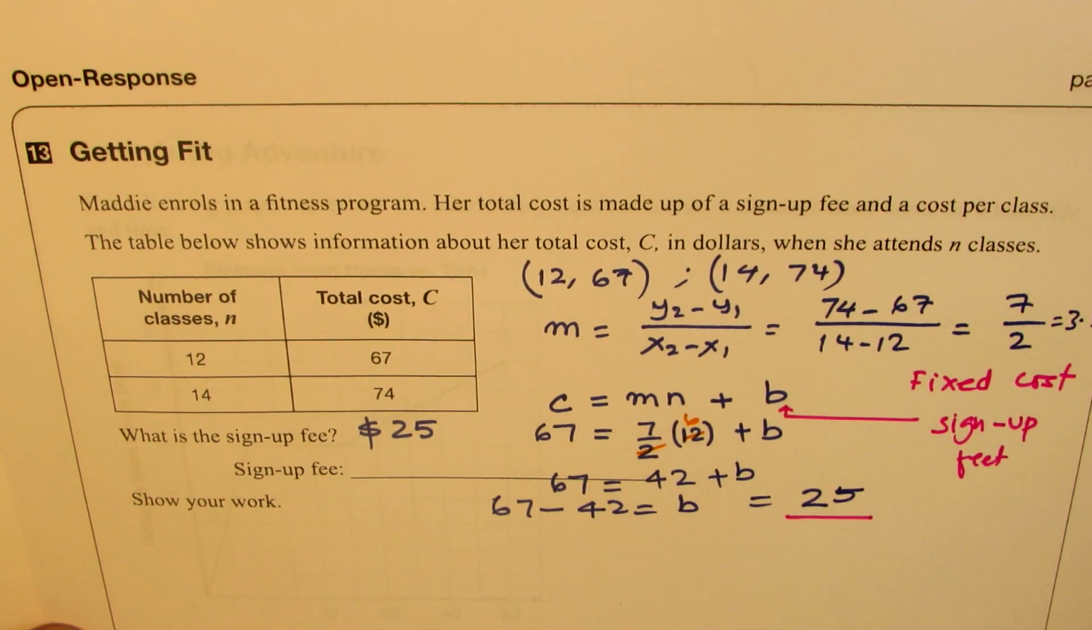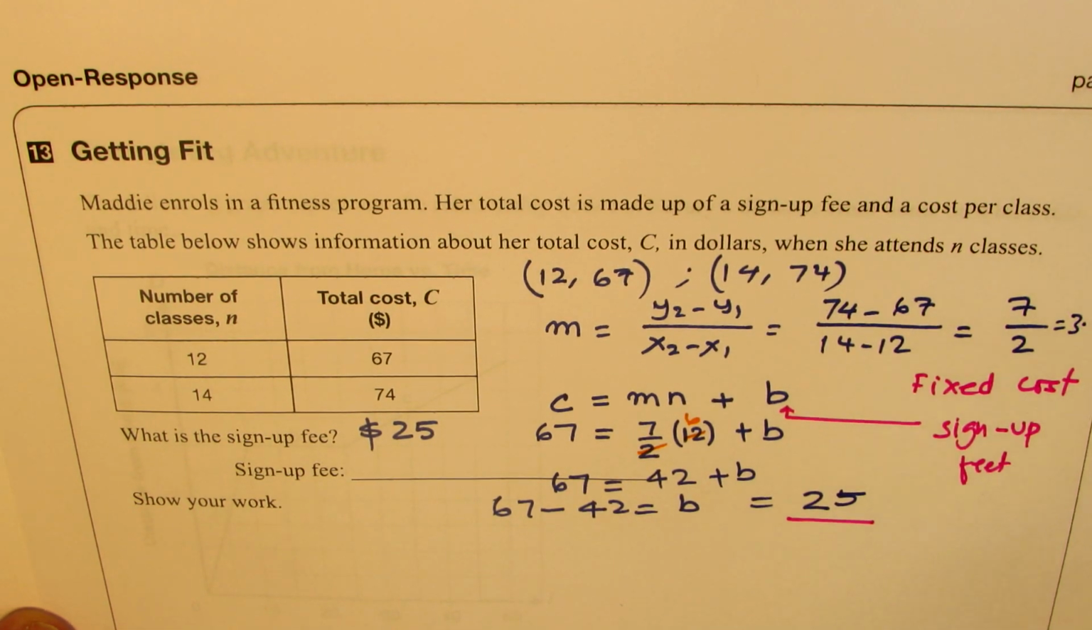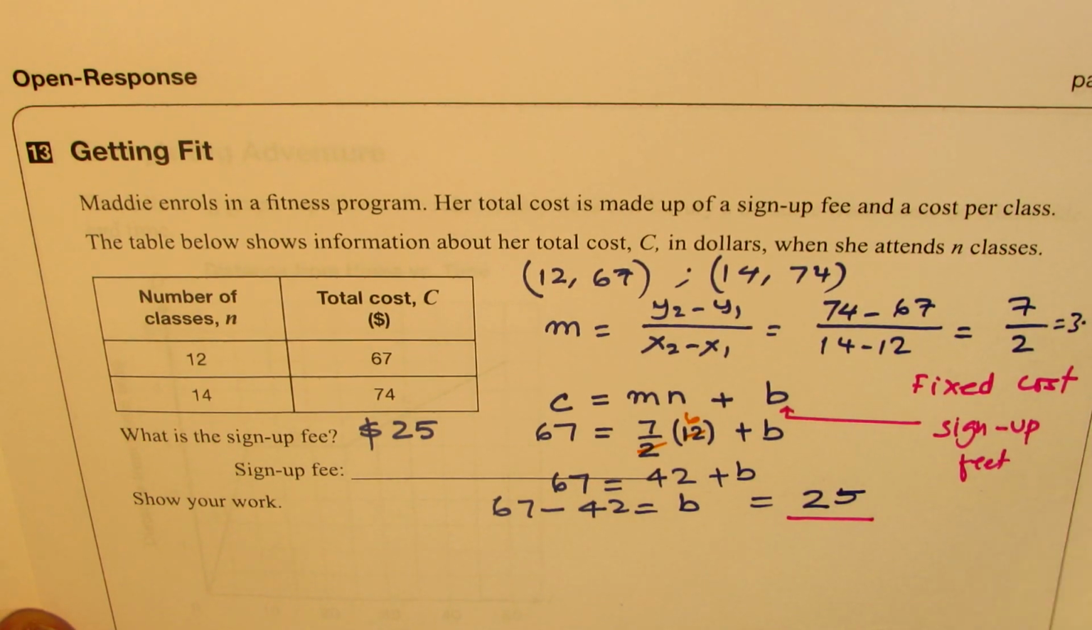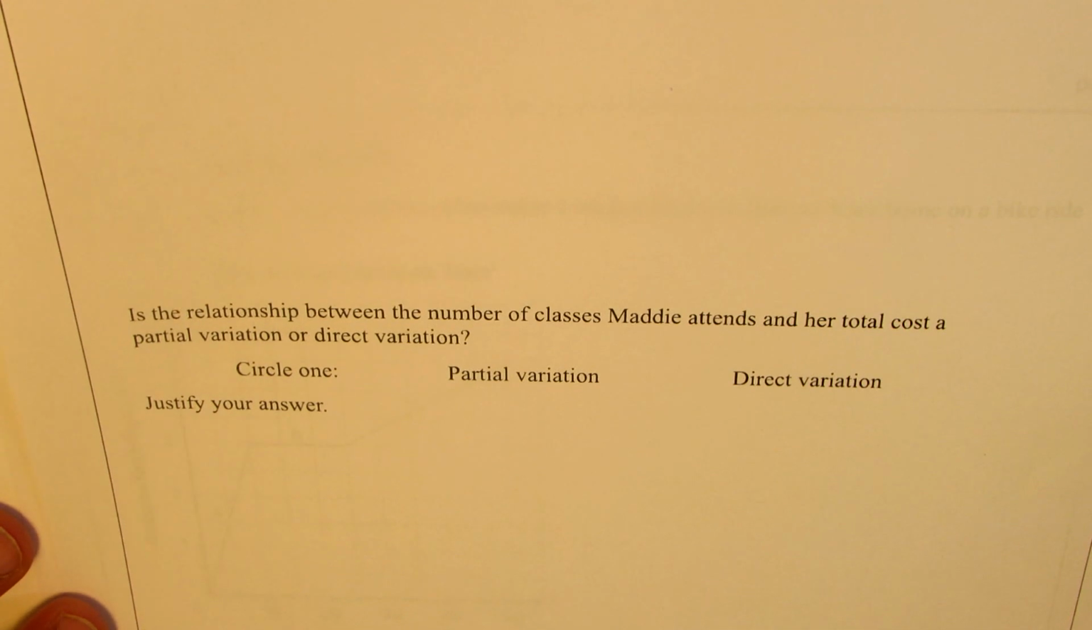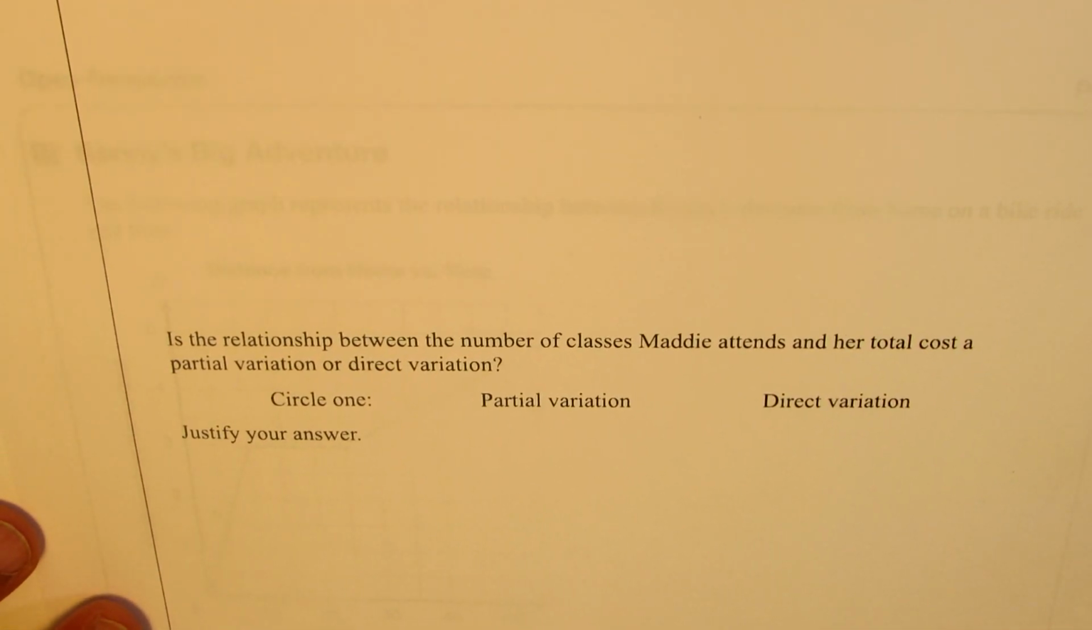In dollars, it is going to be $25. Is that clear to you, right? So that is how you're going to answer this question. Perfect. Now, we have more to it, and that is the relation between the number of classes Maddie attends and